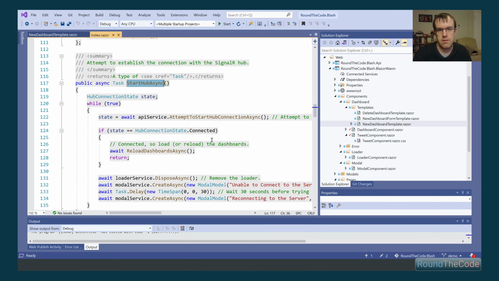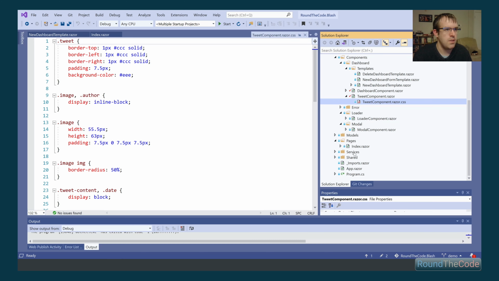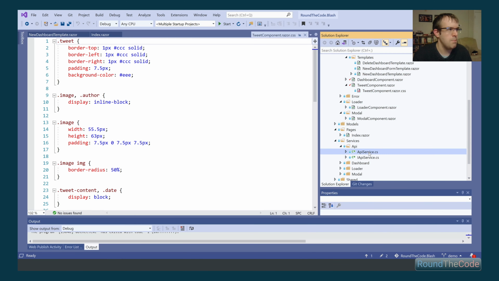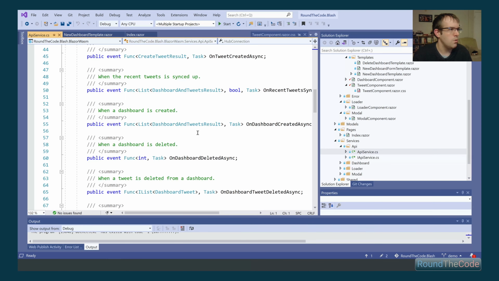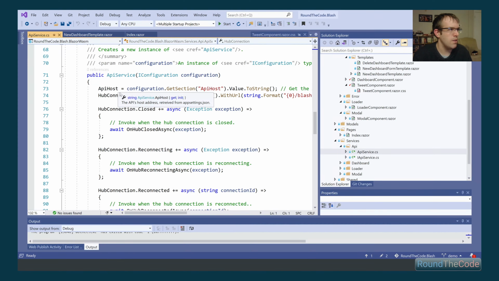This connects to the SignalR connection, and it will do that through the API service here. Once it's connected, it will reload the dashboards and show it to the user. Now if we have a look at the API service, so if we go ahead and open that up, which is within Services, API service, when this gets initialized, it establishes that connection with the SignalR hub